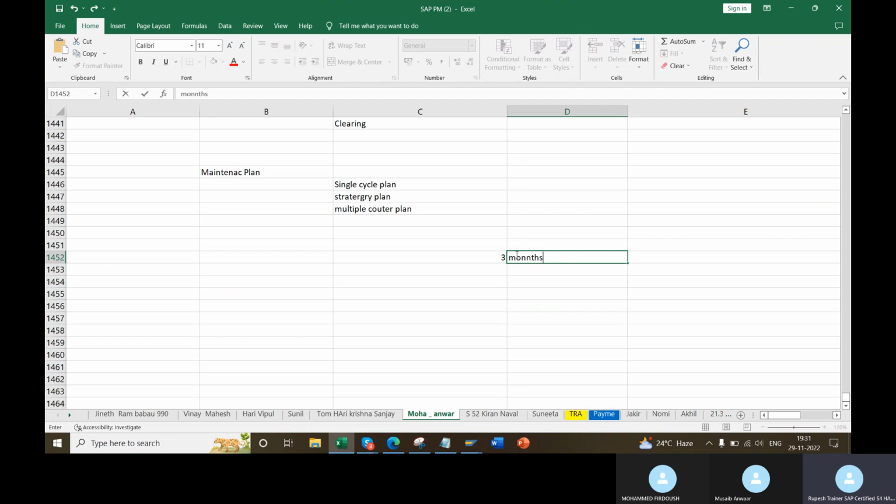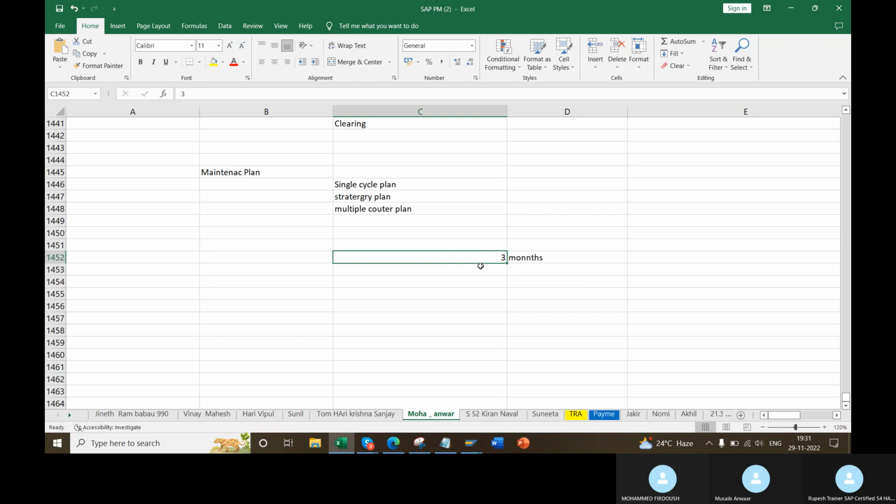Quarterly. How many times should this three months go? Because I am doing it periodically, it should come continuously, but there should be some end.